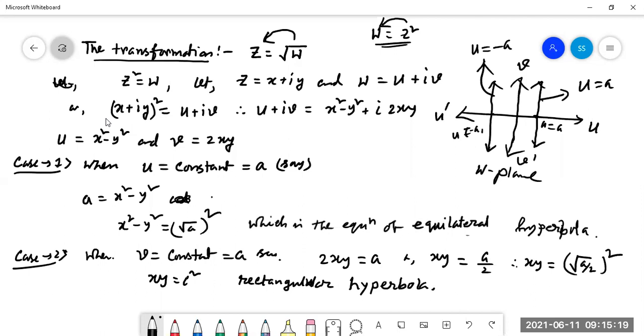So in both of the cases, when v equal to constant, that means it is a straight line, either this or this. That is v equal to a, which is a straight line parallel to the u-axis. After transformation into the z-plane, it is coming into the rectangular hyperbola. Right. So these are the problems for z equal to root w, and when w equal to z square was given, it was exactly not the same. Now we are going for another special kind of